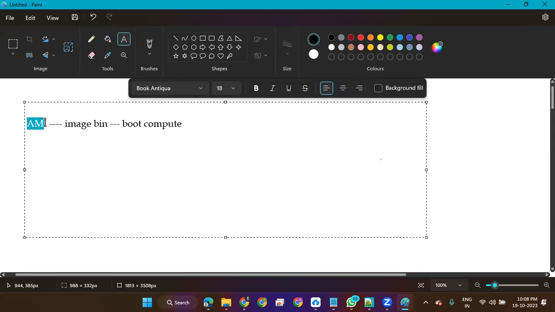So AMI. Yeah. We have types of AMIs. AMI means Amazon Machine Image. So the image which is available inside Amazon, and Amazon also built a few pre-built images. So that's why we call it AMI. Outside of Amazon, externally, we call it only image.